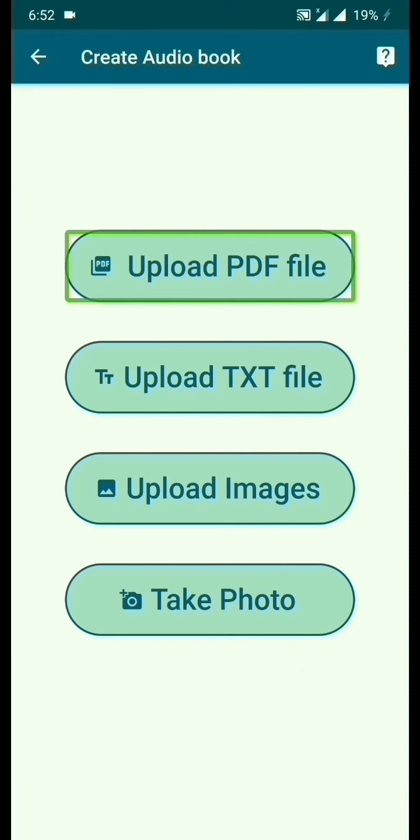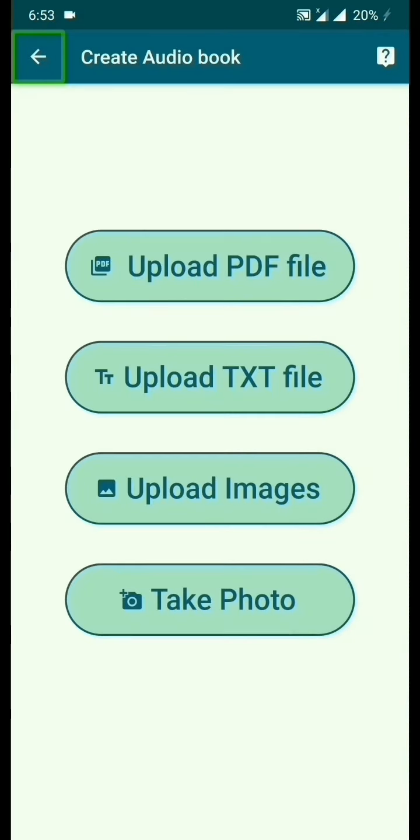So I'm going to swipe right. Upload text file, upload images button. So there is this Upload Images button. I'm going to select that. So once I selected Upload Images, it has opened the file manager. From here you can choose a photo which you want to upload. It is very similar how you uploaded a PDF or text file. Since I have already demonstrated it, I'm going to exit from here.